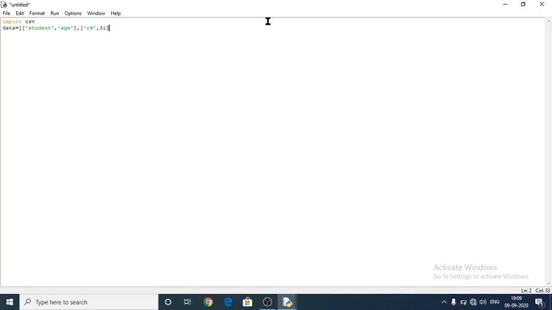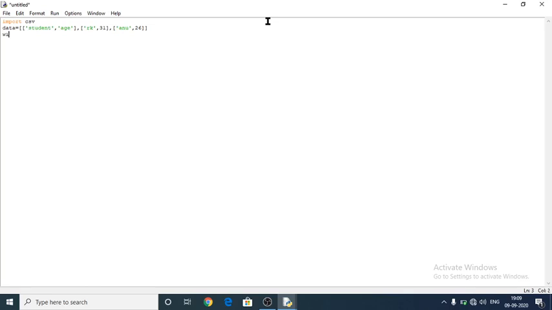And next, within the square brackets, within double quotes I have to give the details, 96. So I have to close this one.